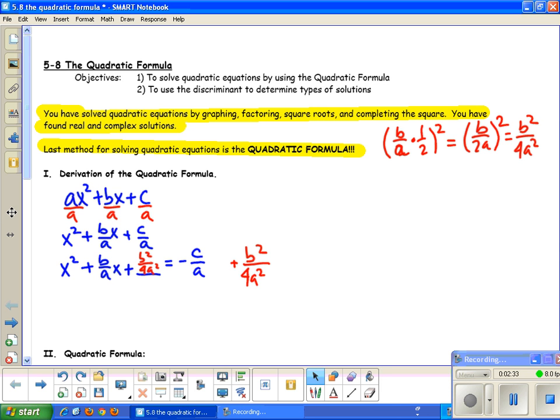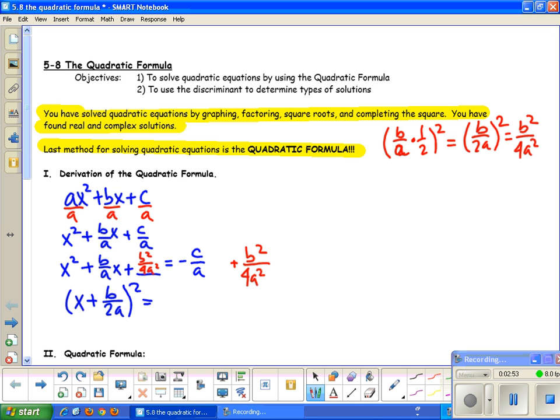Now that was good because now I can factor my equation. So this becomes x plus, and remember it's half your linear term when you're factoring, so b over 2a, and then I would have another one, so I'm just going to square it and skip that step, is equal to